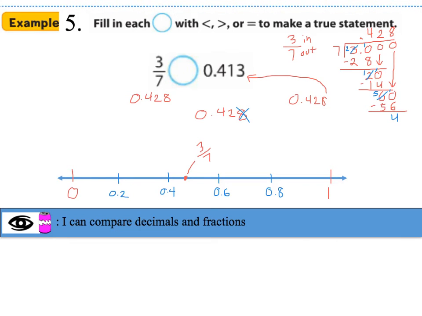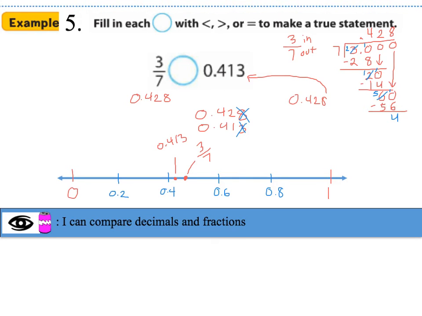If I look at my second number, I've got 0.413. Now if I look at that as money, I can cross out the last place value. That looks like 41 cents. 41 cents would be closer to the 0.40 mark. So this first mark would be